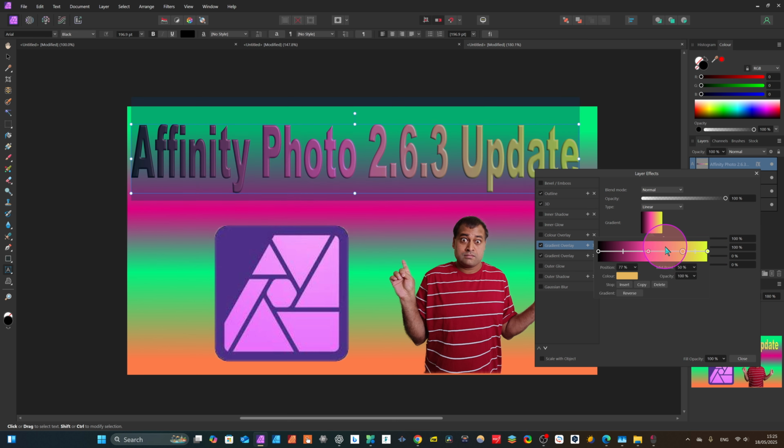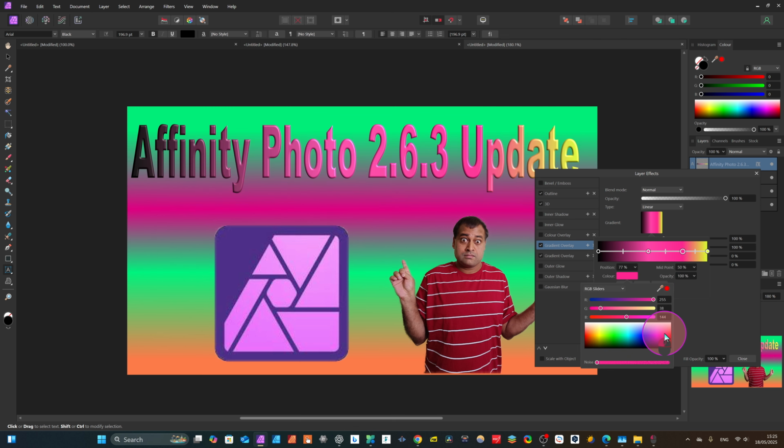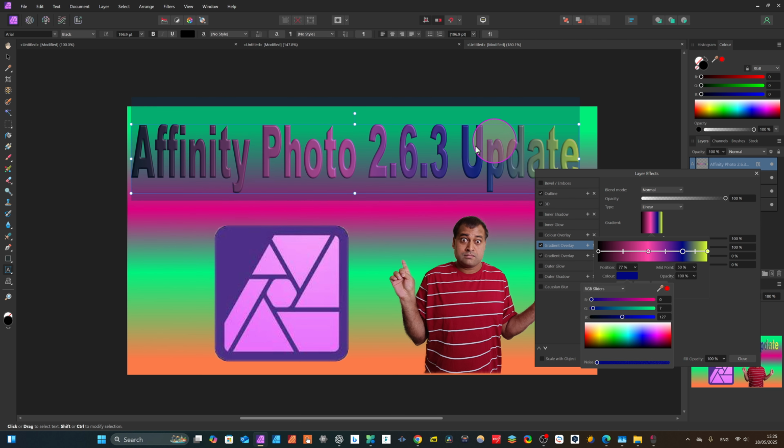If we have added a point, just click here anywhere, it will add a point, and we have a point here, and we just click here. Now when the point is selected, we can add any color. For example, I want to add this point. I want to take this black color. You see now we have a black gradient, and you can change it anytime.